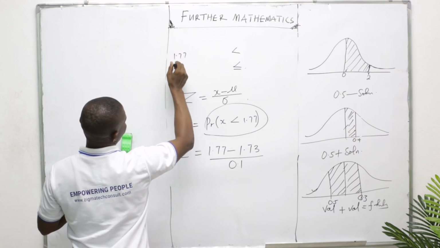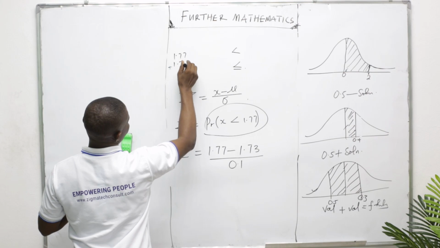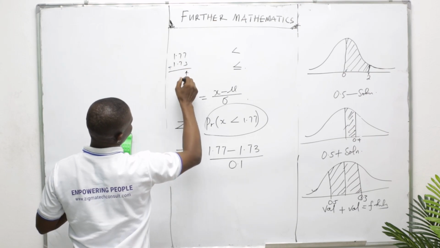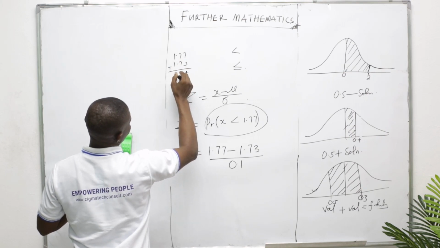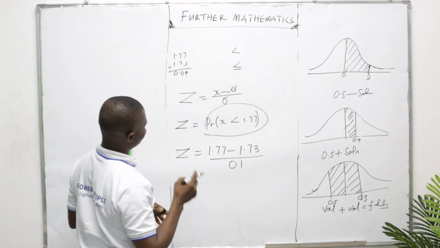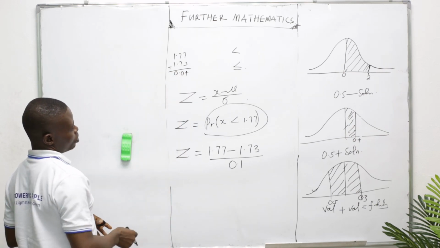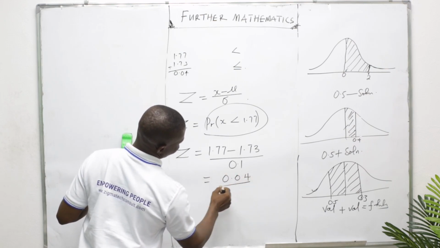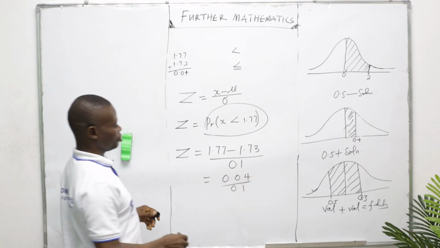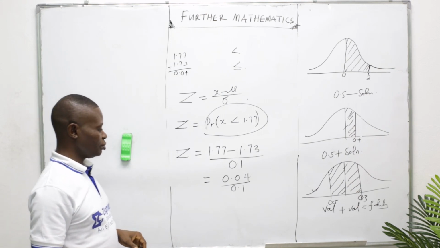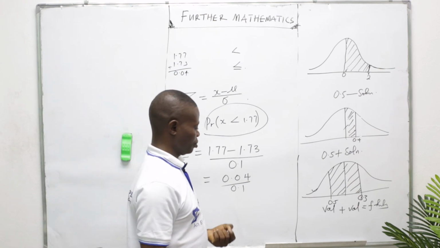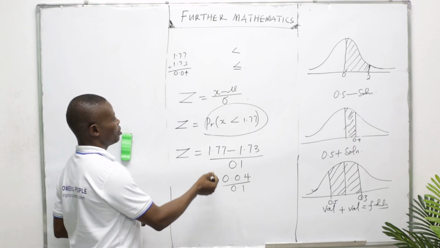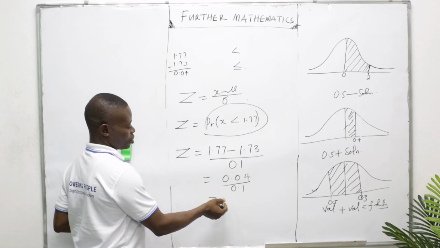1.77 minus 1.73, this is 0.04. Then divided by 0.1. This equals